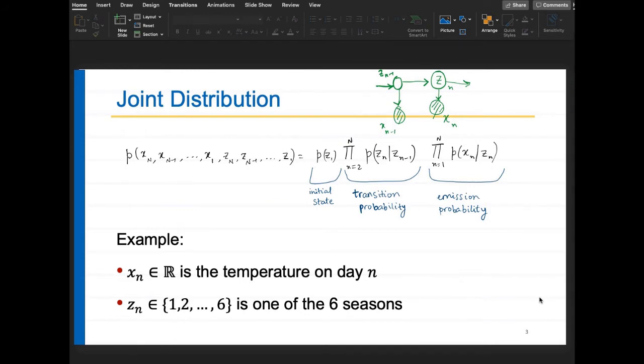If I give you a sequence of observations x, let us say, whether it is speech recognition or a sequence of temperatures over so many days, how do you find the underlying season? Or in speech recognition, how do you find the underlying phonemes? All these things we discussed in the last class. It's called inference. It means estimating the latent variables z1, z2, z3, given the observations x1, x2, x3. That was the inference problem which we had discussed.